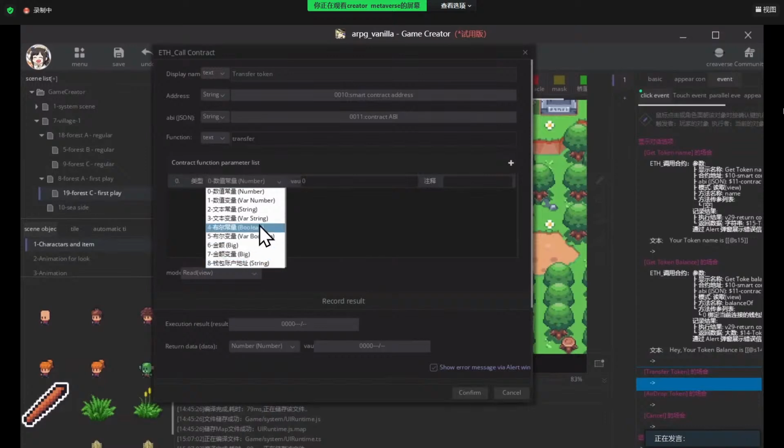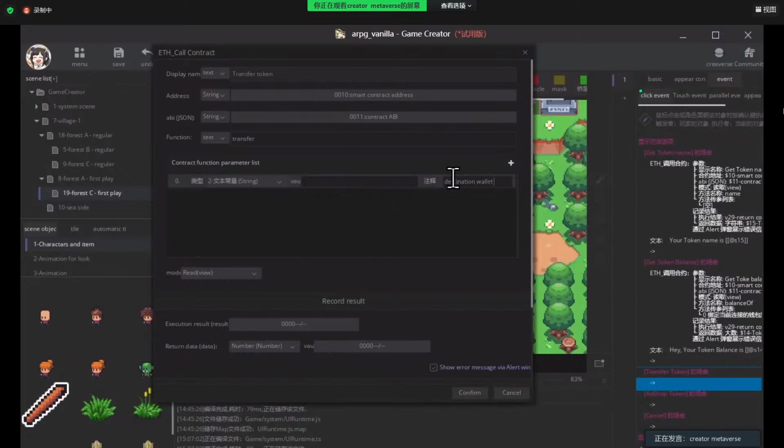One is the destination wallet address. Another is the transfer amount. Since we have a variable, we put 15 here, and decimal is 18, which is defined by your smart contract. And we hardcode a destination wallet address here.